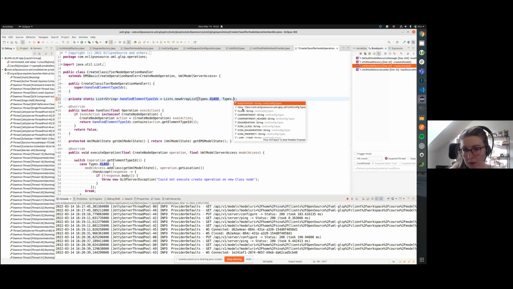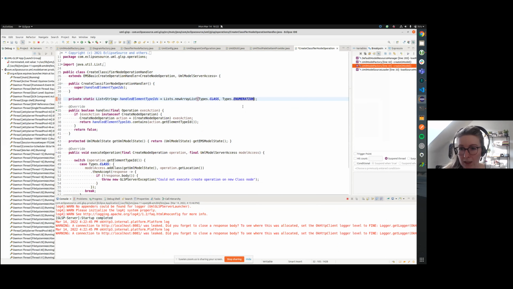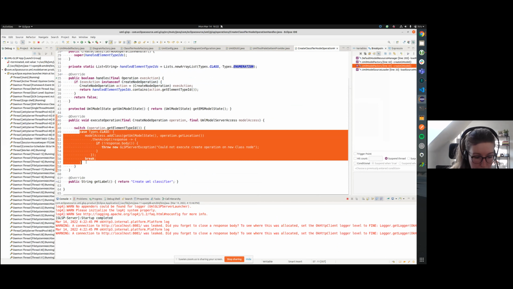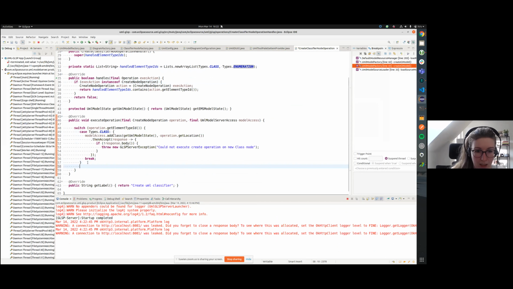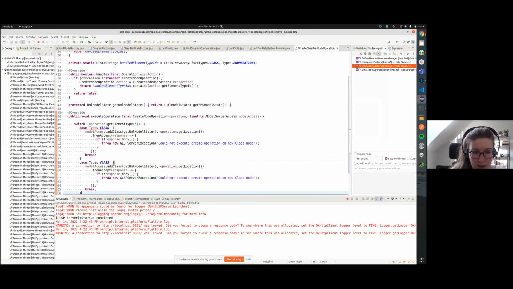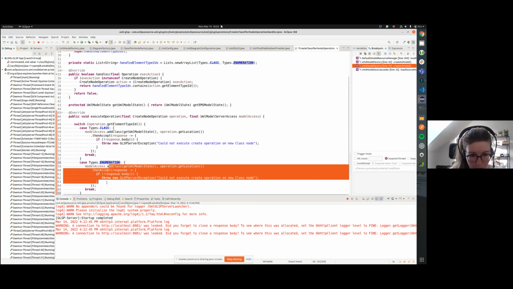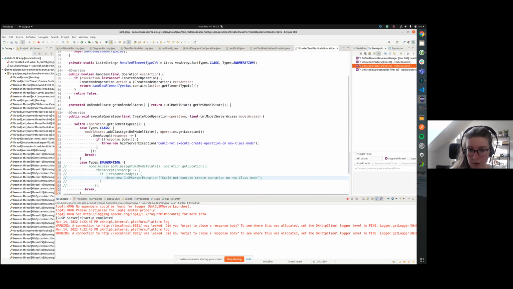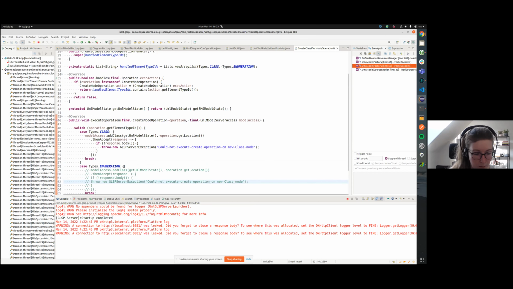And of course, we want also to be able to create enumeration types. So we add that one here, and in the next case, as we already added the tool into the palette, we want then to be able to trigger this operation here. So we are not able to hand it over to the model server already, but what's maybe interesting to see